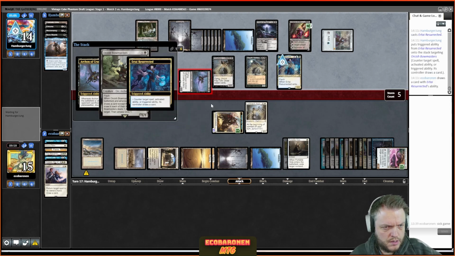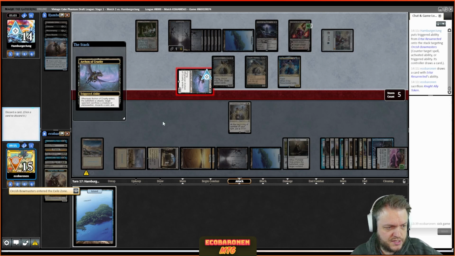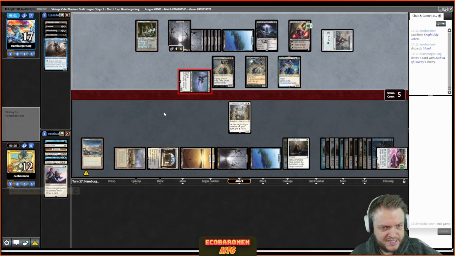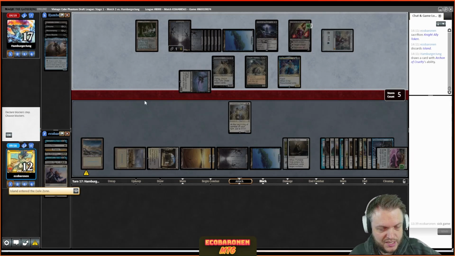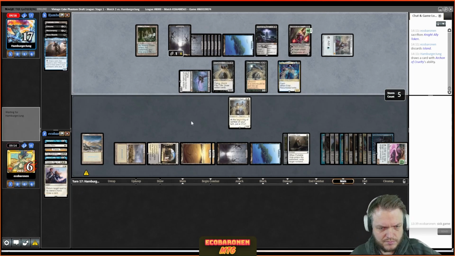Yeah. That'll definitely do it. Sacrifice, discard. Opponent's at 17. They have the biggest board ever seen. They can -2 Liliana. What a match. Oof. That was